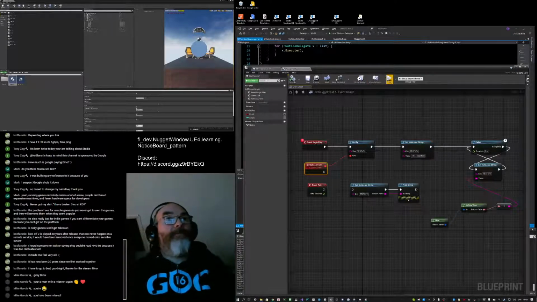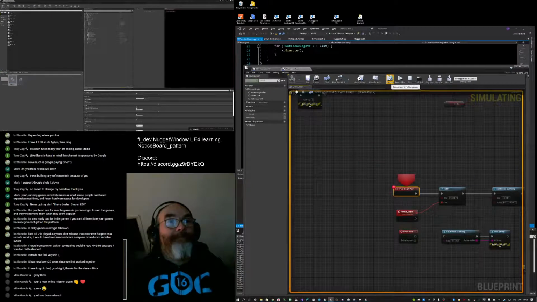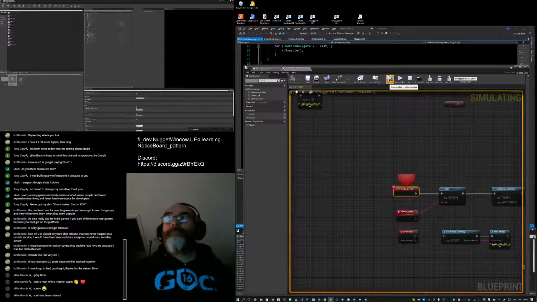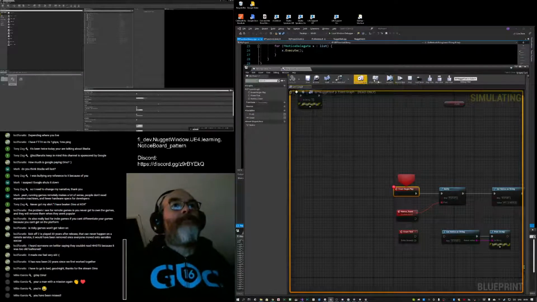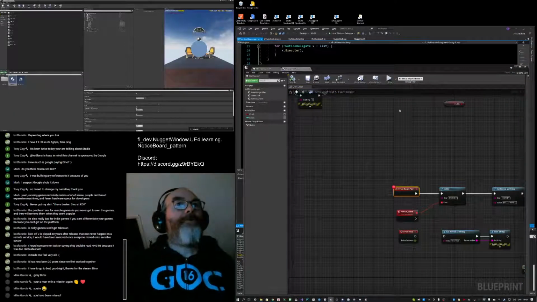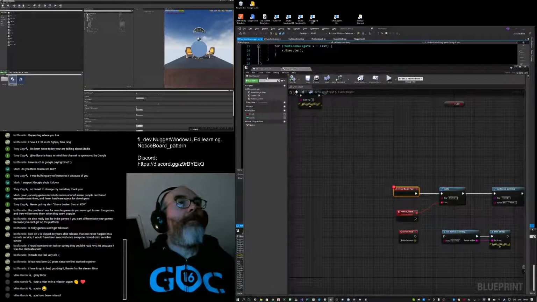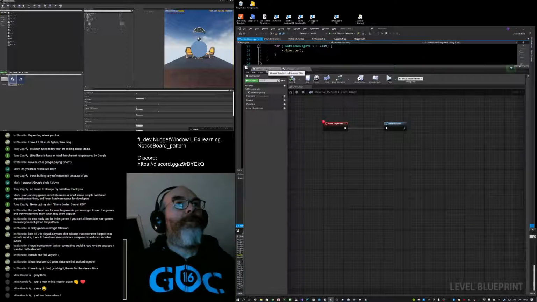When I try to play with these in, now you see that, that's not good. I was expecting the level blueprint.